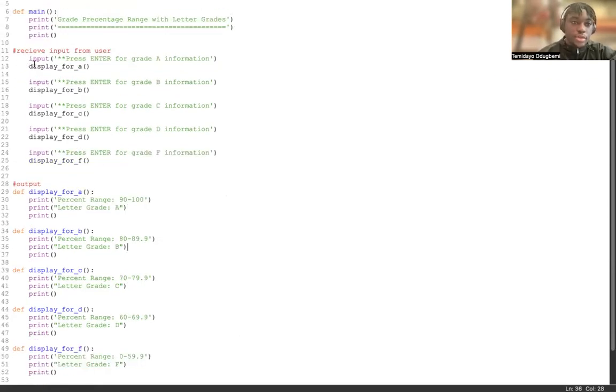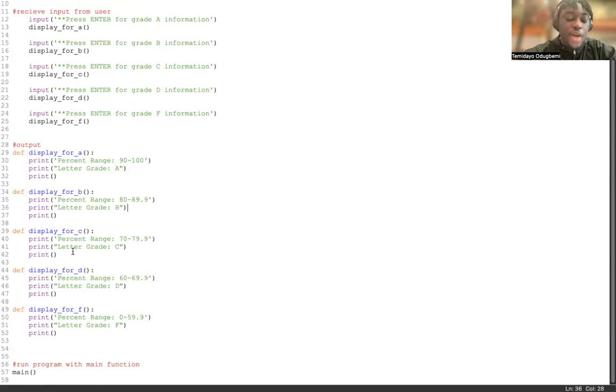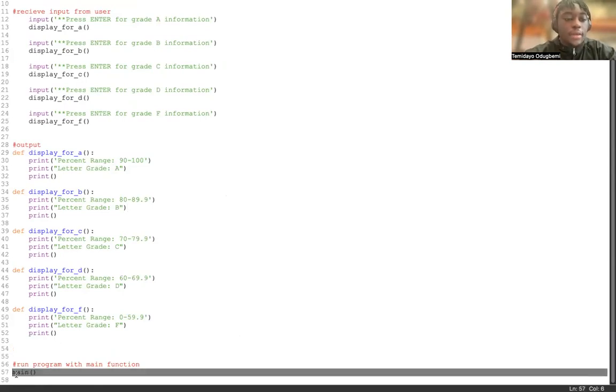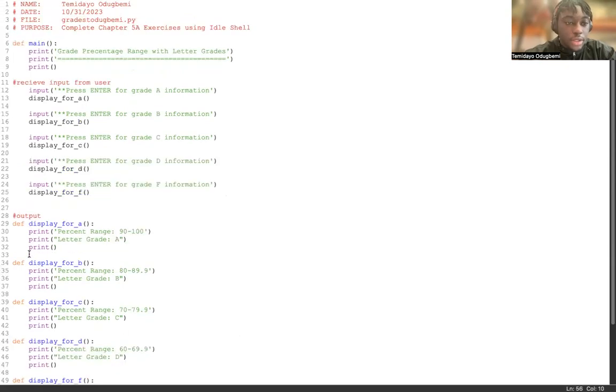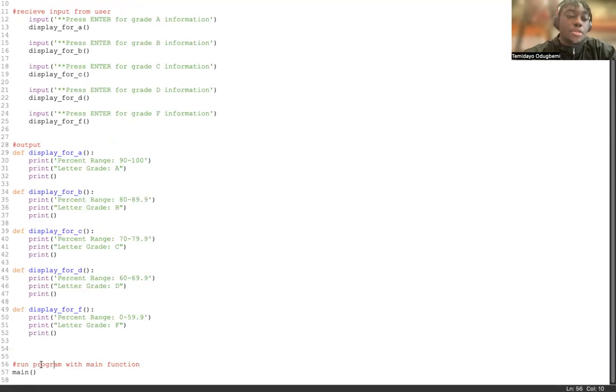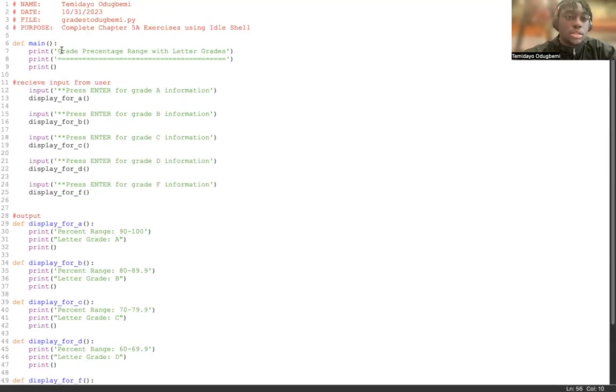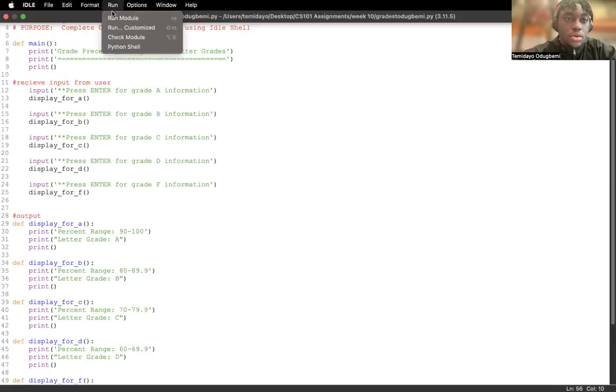And it makes it easier to read by module, so each stuff is in its own place, in its own file, your file cabinet. And this right here, we call the main function. So all of these functions here are under the main function. So we're going to call the main to run all of these. So let's